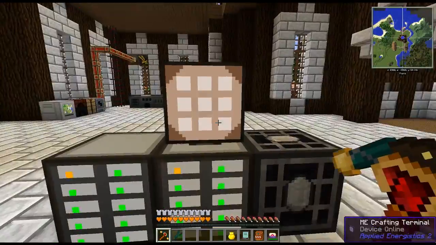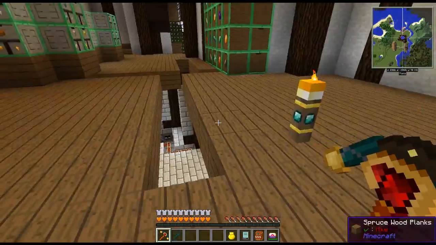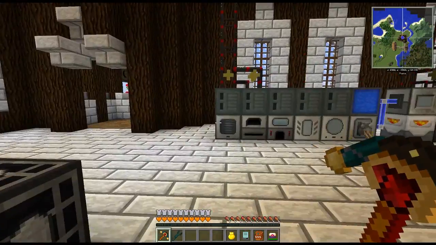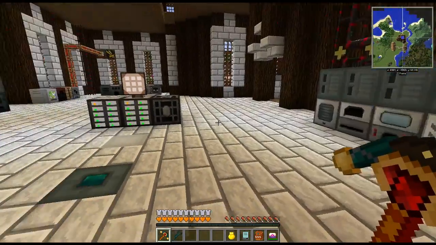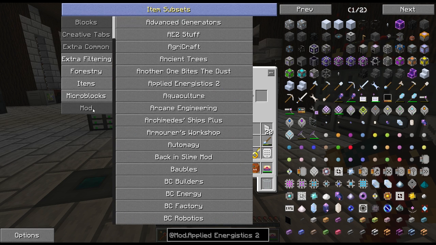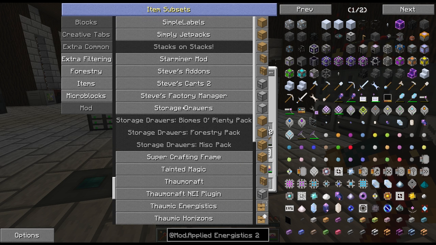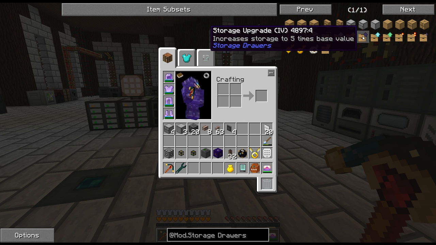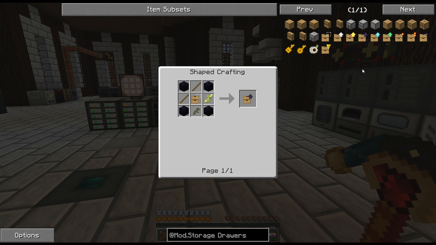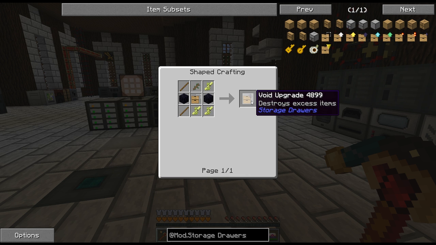Now, where do we start? I think we're going to start up here. Oops, sorry. While I was showing you, I made the emerald upgrades. And there's another upgrade I want to make, and that is the void upgrade. Storage drawers right there. This one right here. No, not that one. This one right here. The void upgrade, which is the same one as the void upgrade on the barrels, but